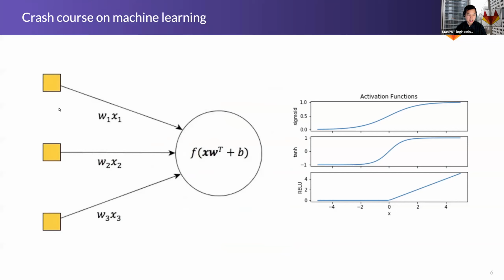Drilling into the actual neurons themselves, every neuron has inputs. The weight is denoted by W, and X is the actual input value. So you basically multiply the weights by the input value, and then they all feed into this